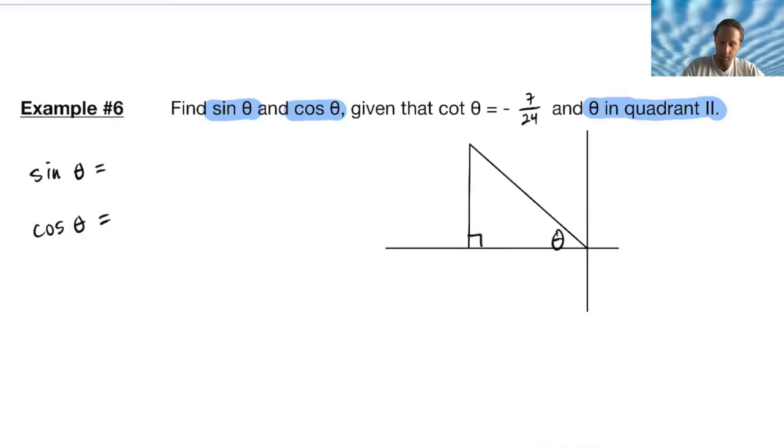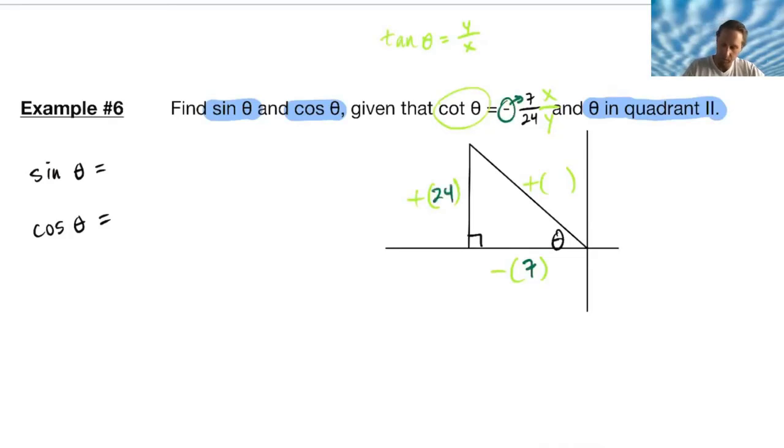And because they gave me cotangent, that I know is the reciprocal of tangent. And since tangent is y over x, I know cotangent is going to be x over y. I already know that this is going to be a negative direction, this is going to be a positive direction, and our r is always positive. So I also know that the x value that they gave me is going to be what is negative, even though they threw it out in front. The y